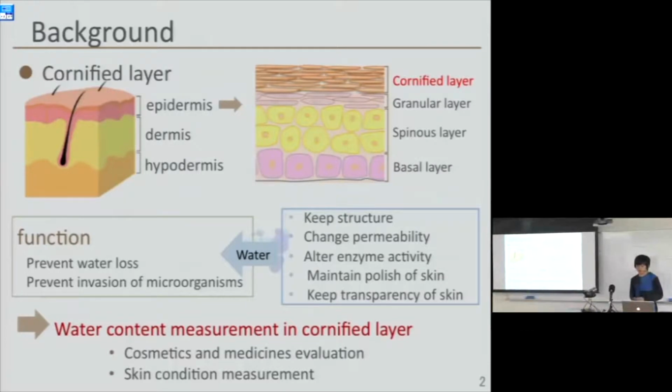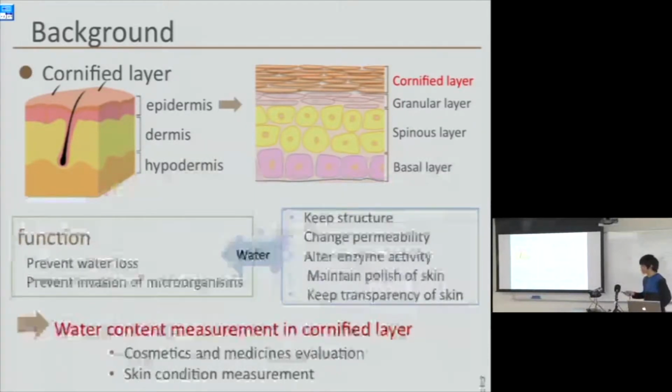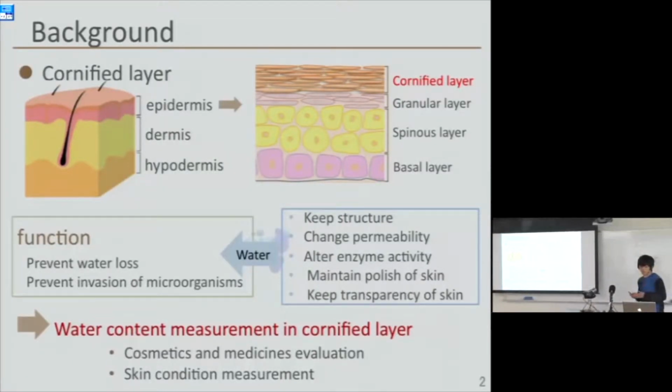What is the background? Our skin consists of three layers. They are the hypodermis, the dermis, and the epidermis. Especially, the epidermis is composed of 4 layers, and the cornified layer is the uppermost layer of our skin. It has many important functions. For example, it prevents water loss from our body, and it prevents invasion of microorganisms or chemical agents into our